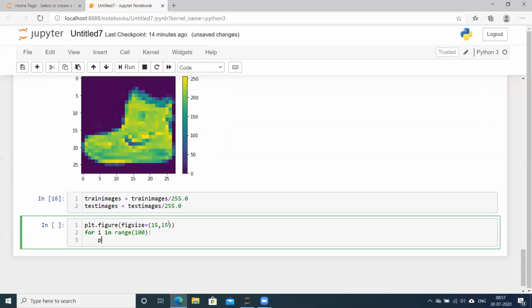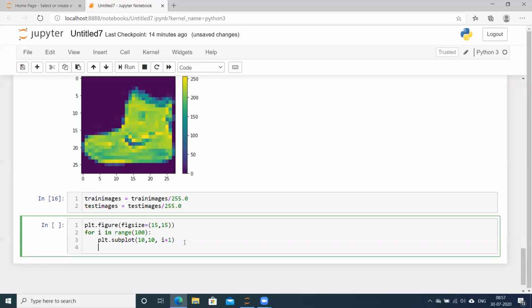So we get the 100 images, and plt.subplot. Because it is 100 images, we will take a 10 by 10 grid so that we can have the 100 images in these cells, and the numbering of subplots starts with 1. But this loop starts with 0, so we need to add one to i.